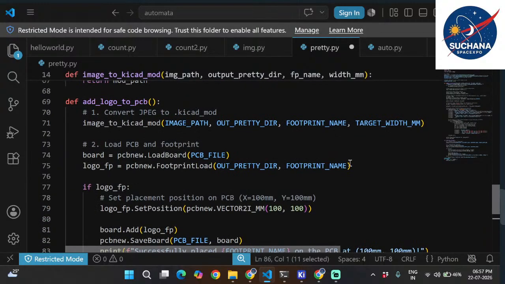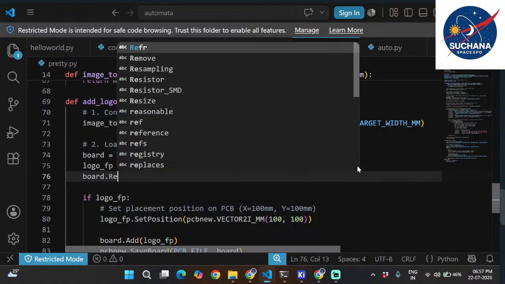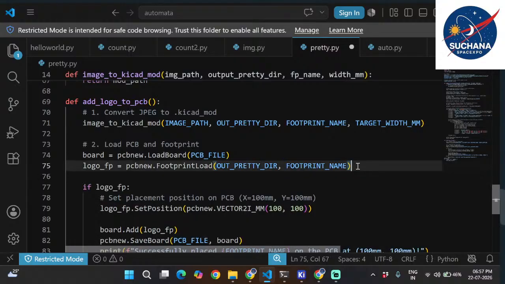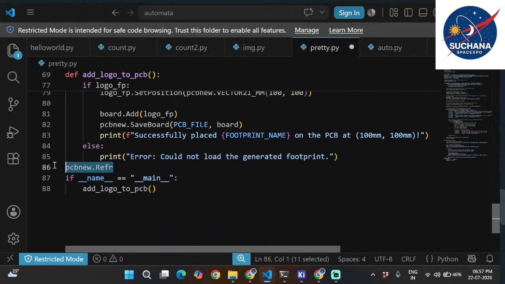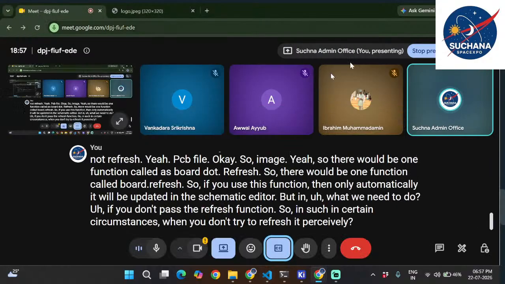Yeah, so there would be one function called board.refresh. If you use this function, then it will be automatically updated in the schematic editor. But what do we need to do if we don't pass the refresh function? In certain circumstances, when you don't try to refresh it forcefully, then what you need to do is